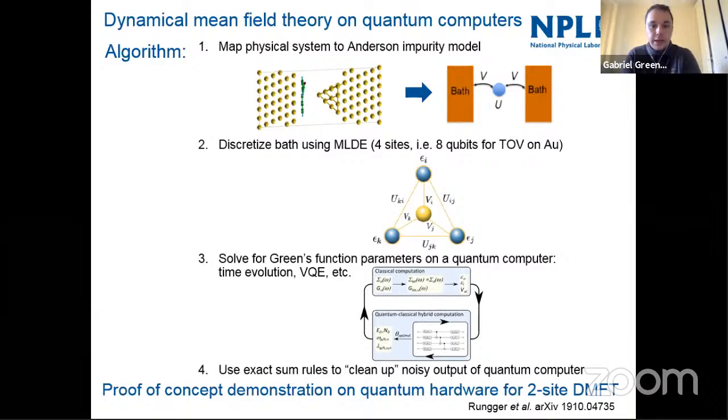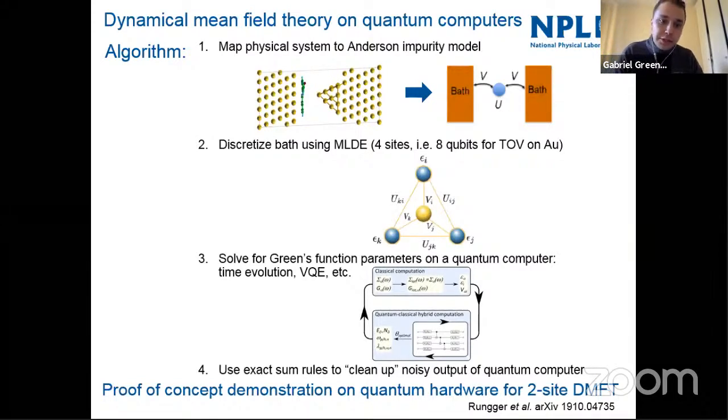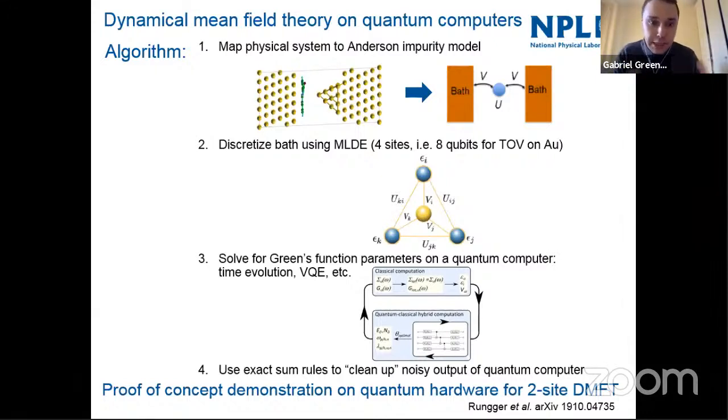So let me ask a question, something I was wondering. In the classical space, DMFT is a very popular method for solving chemical systems, electronic structure calculations. And I'm wondering, given the machinery that you've presented here, is there some mapping required to go from what you have in an Anderson impurity model with a Hubbard-like Hamiltonian to a chemical Hamiltonian? So is there some mapping of the AIM or Hubbard model parameters to a chemical system that will be necessary there? Or to put it simply, how could one go from the Hubbard dimer to H2?